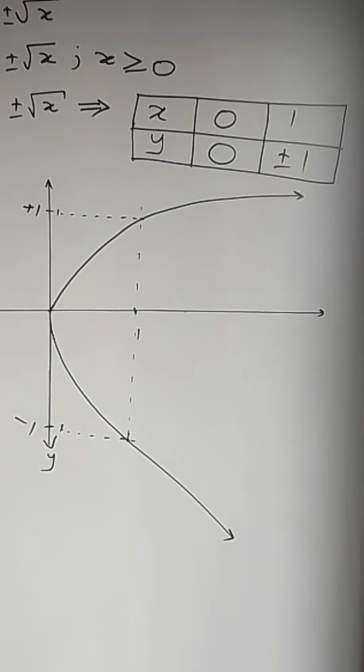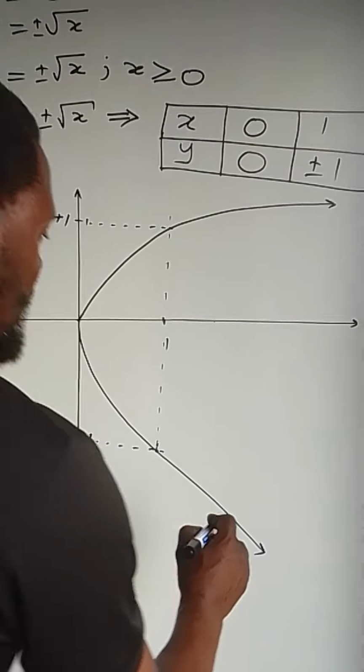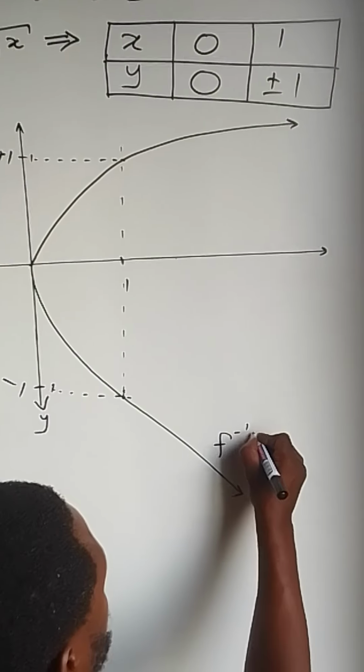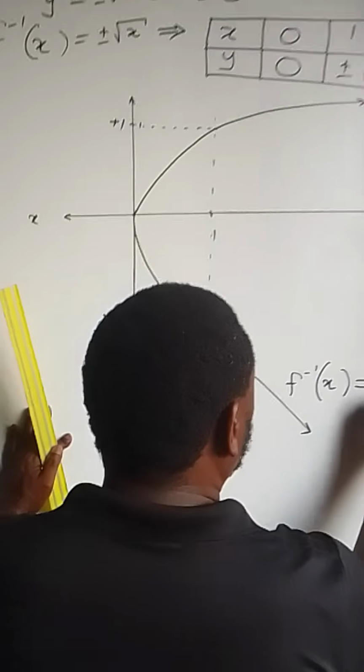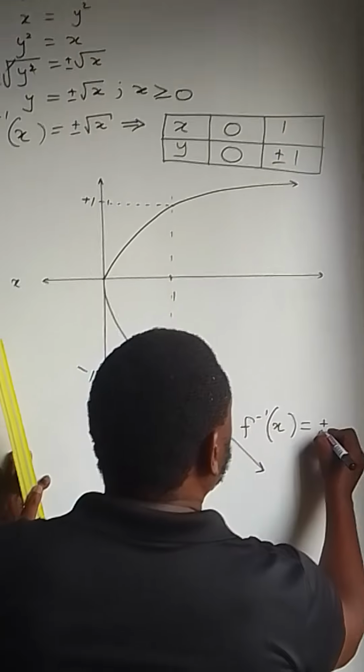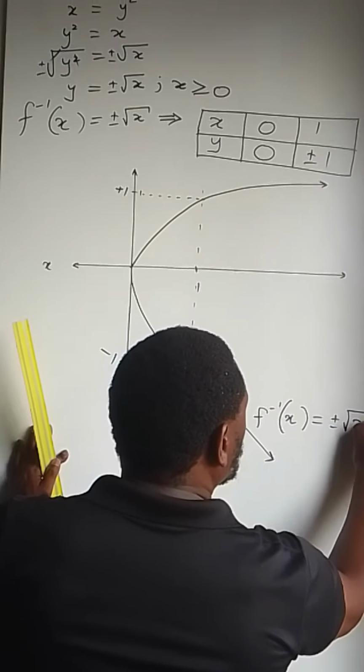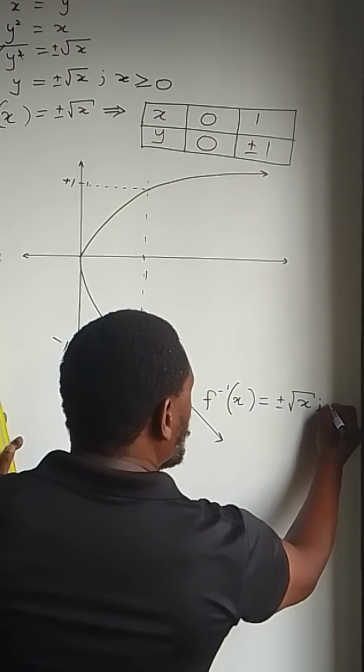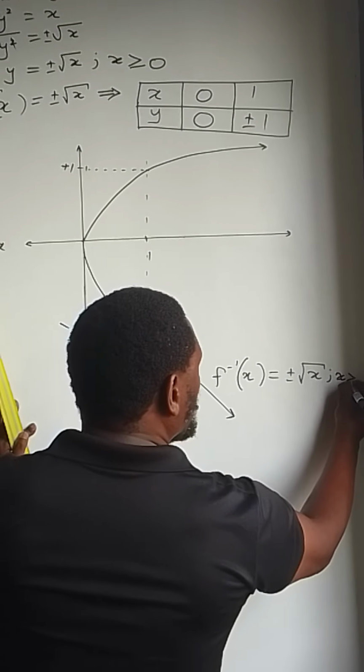Then this is f dash x, f dash x equals plus or minus the square root of x, provided that x is greater than or equal to